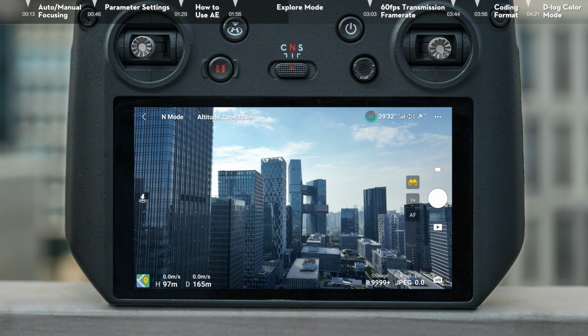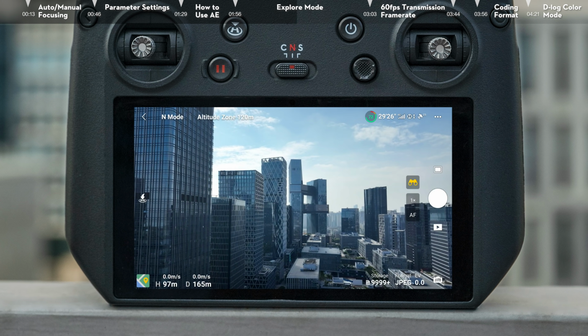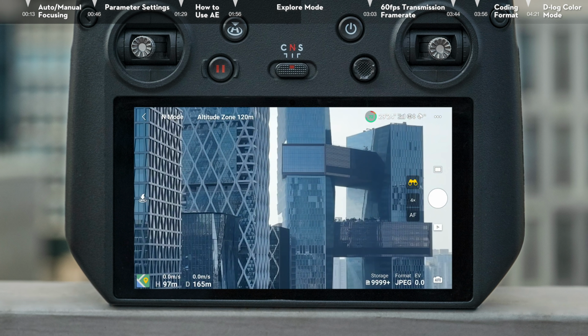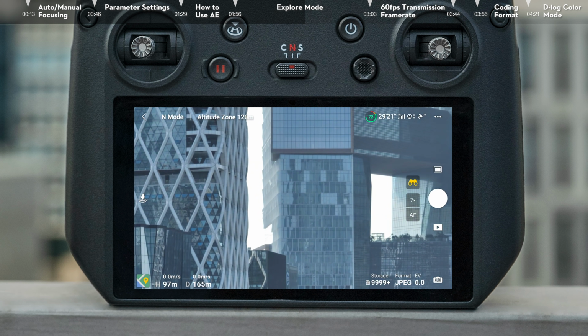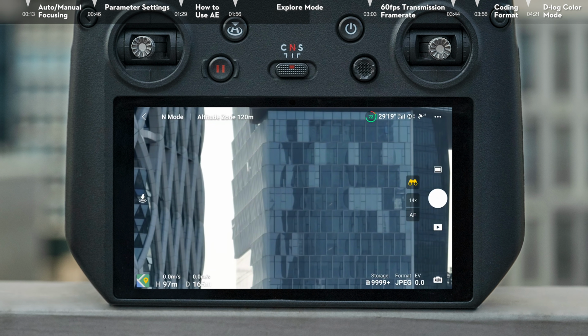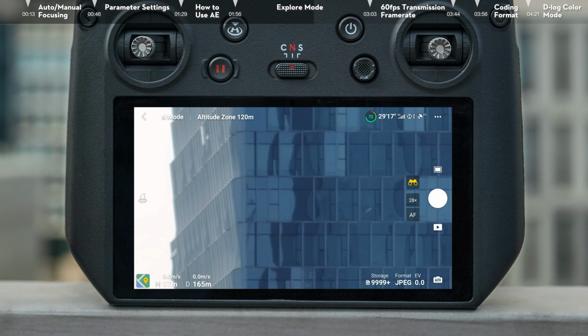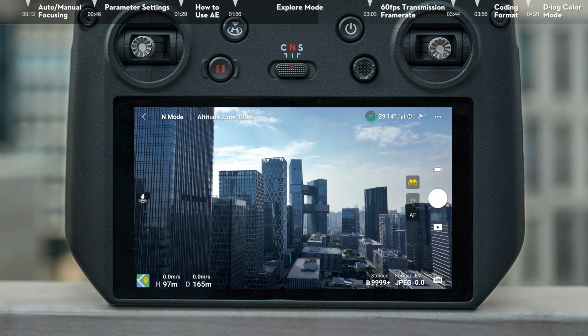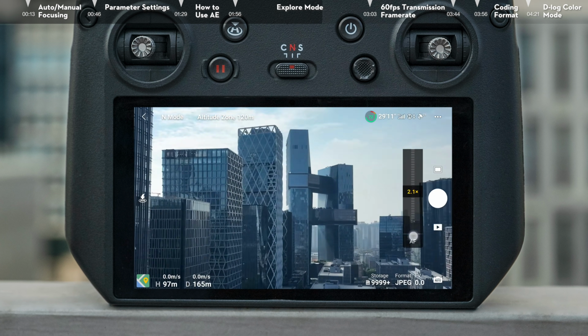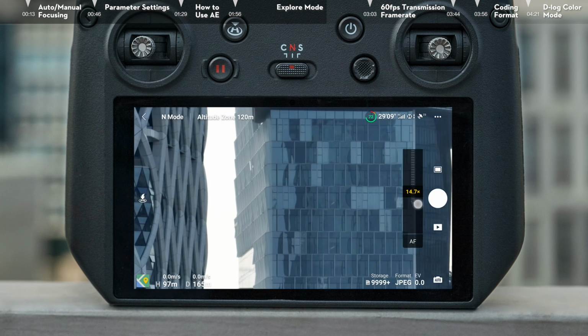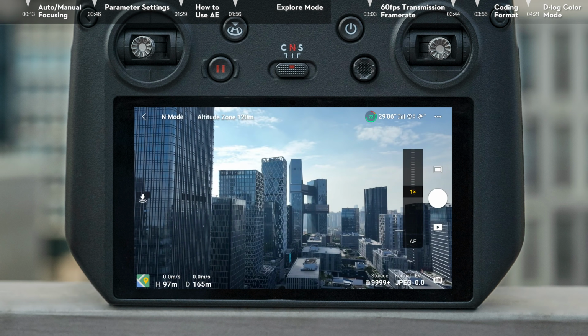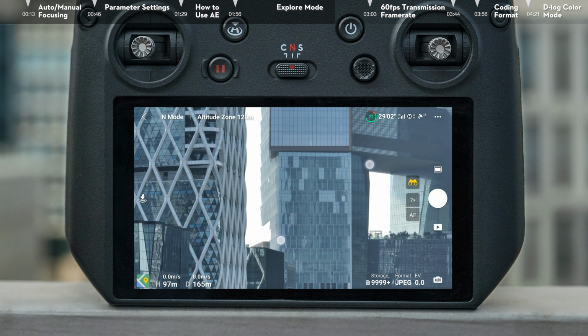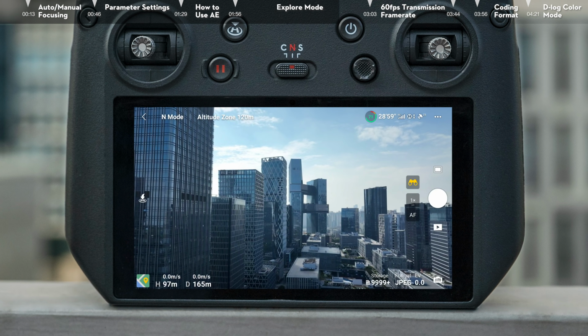1. Tap the zoom button under the telescope and switch between a series of zooms, including 1x, 2x, 4x, 7x, 14x, and 28x. 2. Tap and hold the zoom button in the flight interface of the DJI Fly app. Drag up or down to adjust camera zoom. 3. Zoom in and out on the screen with 2 fingers.